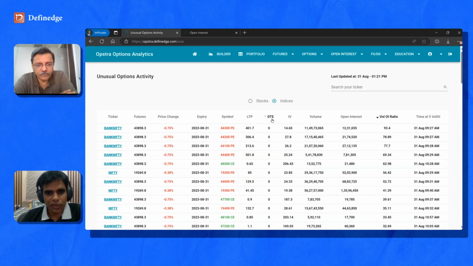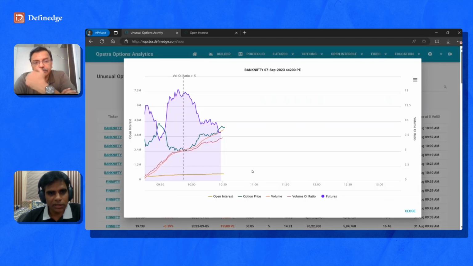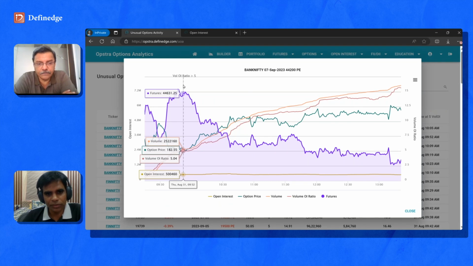Okay. So for example, if I do for the 7th day, Bank Nifty was showing bearish for most of the strike options. Most of the puts are showing unusual options activity. Now if I click on that, you see here it gave the signal around 952, and